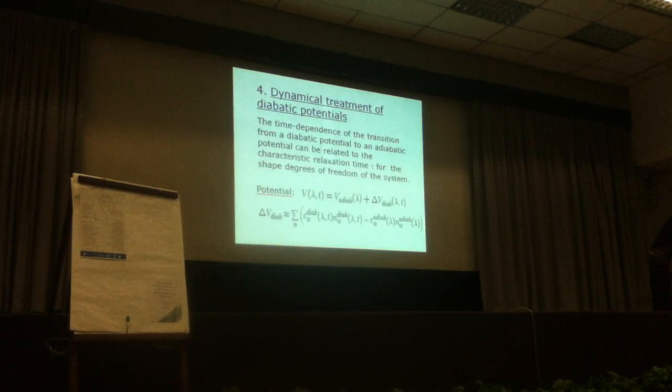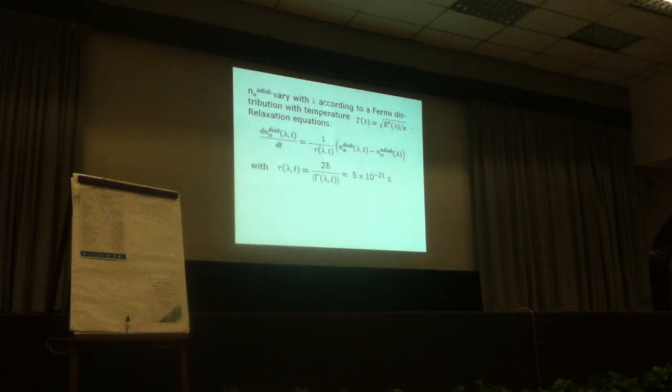Now, if the nucleons sit in this diabatic potential at high energies, they like to drop down, and they drop down through the adiabatic potential with time. So this diabatic potential does not keep a long, long time. And we have taken a characteristic relaxation time, tau, for the shape degrees of freedom of the system, and we calculated the diabatic potential as a function of time. You have an occupation number, n alpha diabatic, which depends now on time. And here you have the adiabatic occupation. And for this change of the diabatic